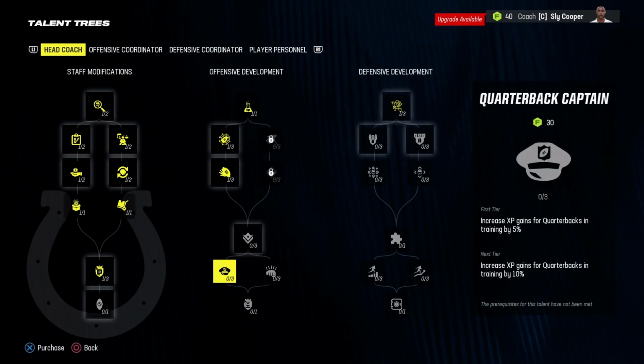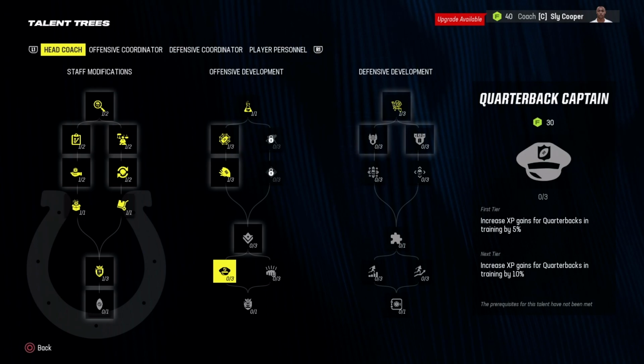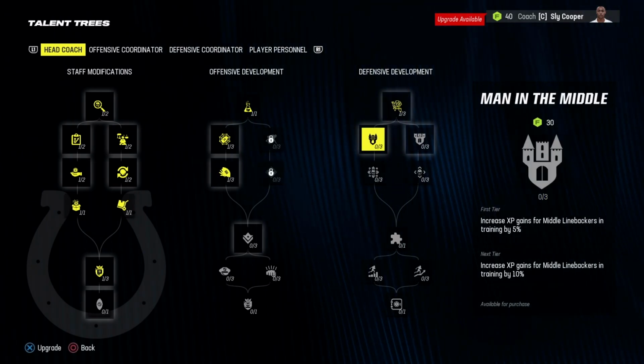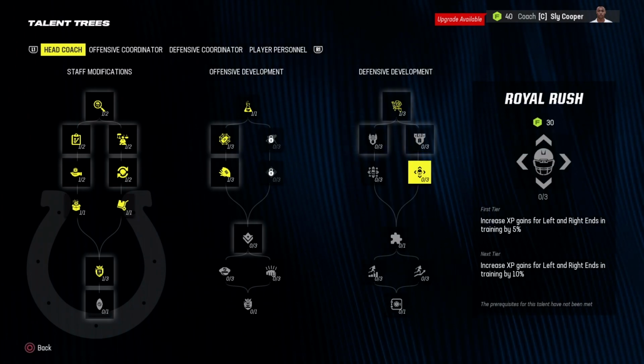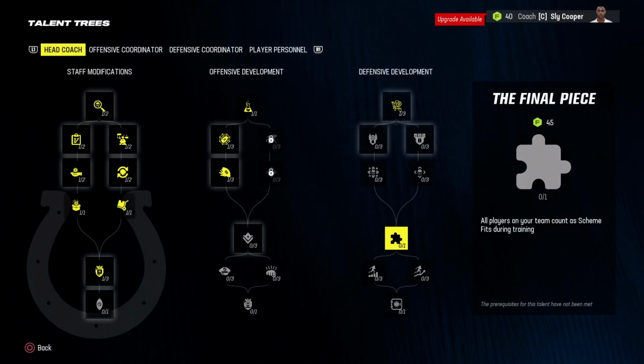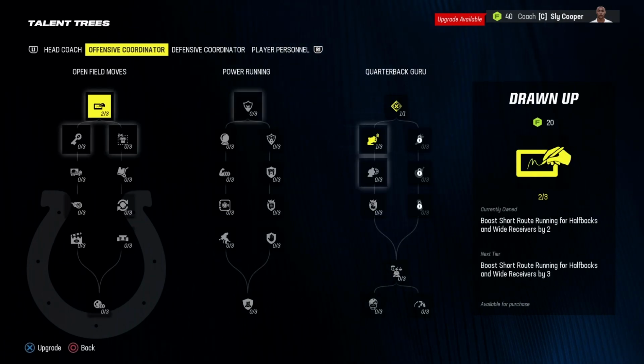So I wanted to check my offensive defensive development here to see if there were some good gains. Of course they are, but they would require way more points than I have right now. So it wouldn't make too much sense to head in that direction just yet, when I could go specifically for a coordinator. Looking through what they have to offer here, our offensive coordinator